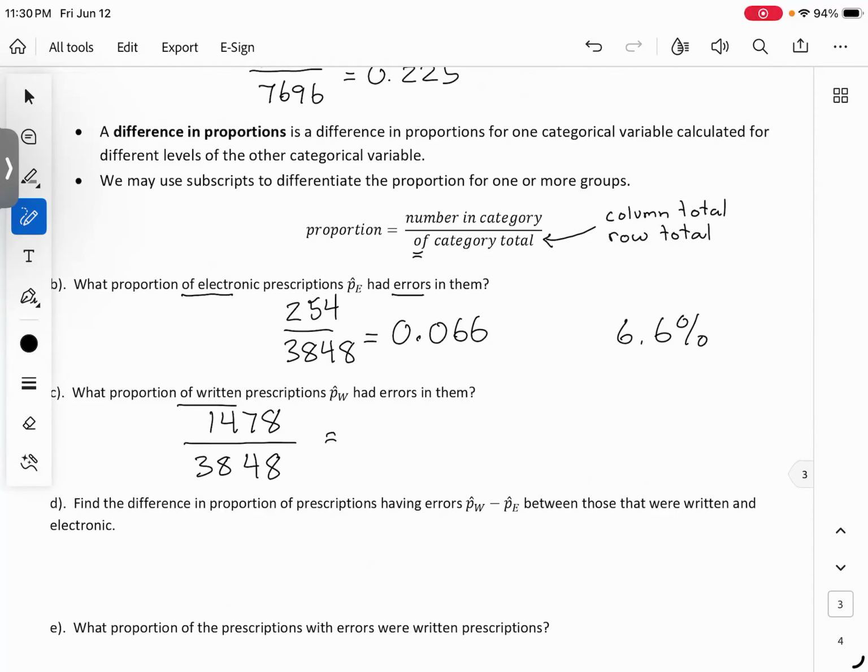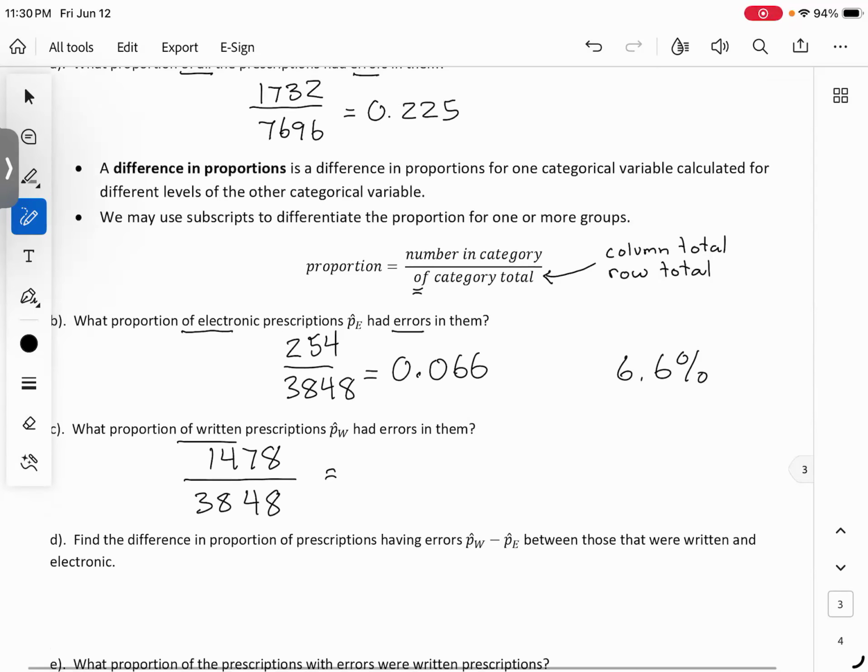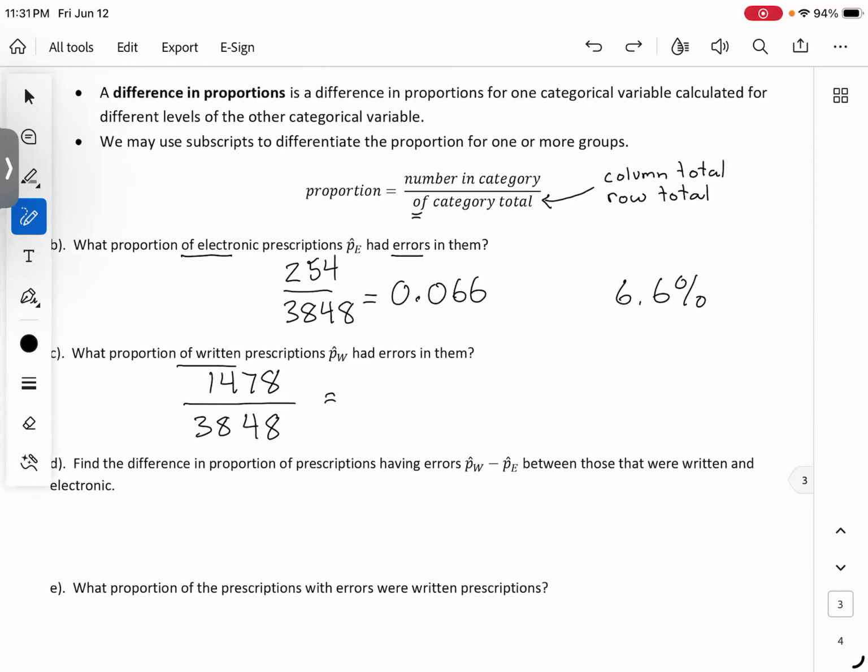Now, I want you to go and crunch that number. Again, always smaller number on top, bigger number at the bottom. 1478 divided by 3848. And you should see that it's a much higher proportion, right? Over here, it was about 6.6% that had errors whenever it was written. And now when you look at when it's written, you got